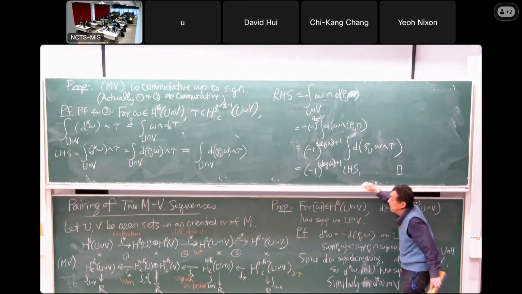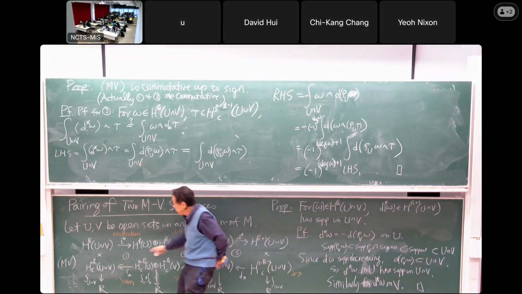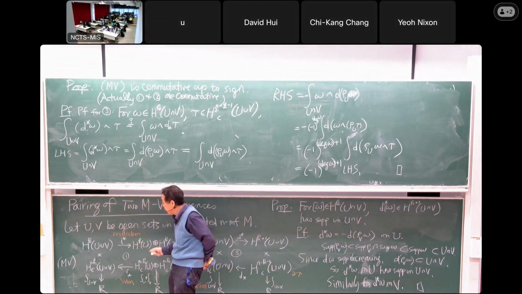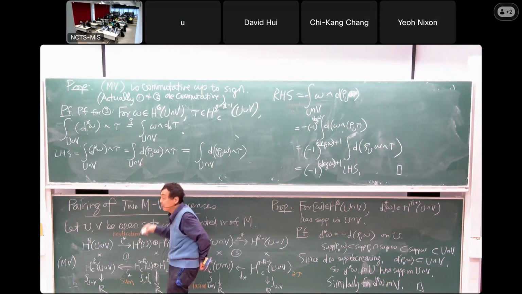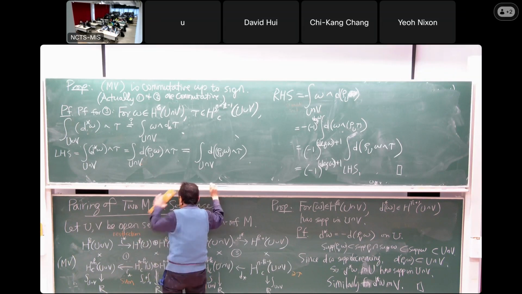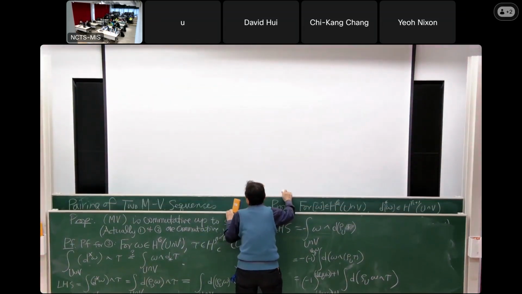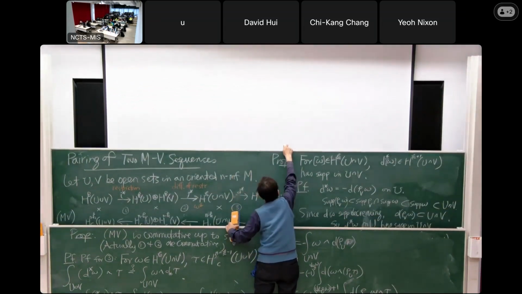Okay. And then we proved a lemma earlier that if you have a commutative diagram of pairings, then you have a commutative diagram of linear maps to the dual. And so let's see what we get. Thus,